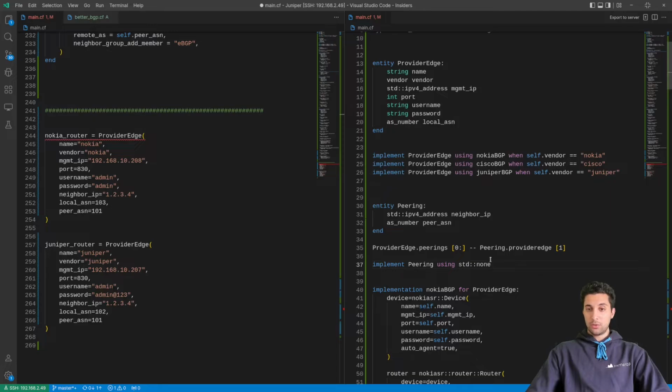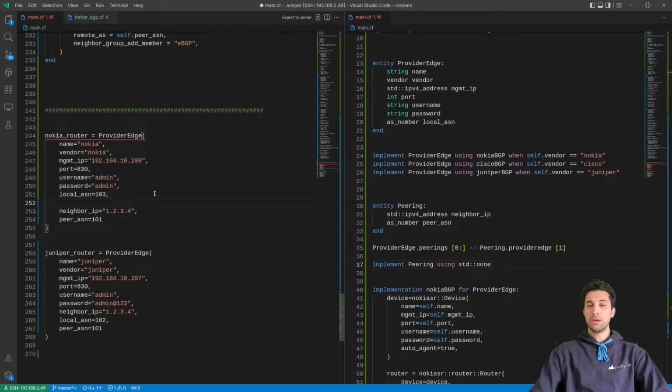All right. If you noticed, we are having some errors already on the provider edge entity, and that is because the peer ASN and neighbor IP are not part of this entity anymore. So let's go ahead and fix it. First, let's put them together. Now I need to instantiate this peering entity here. So peerings is equal to